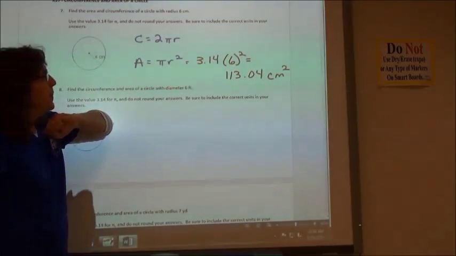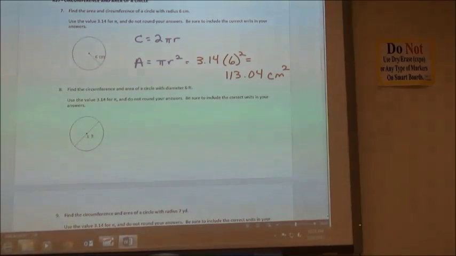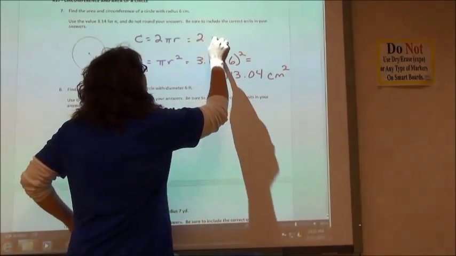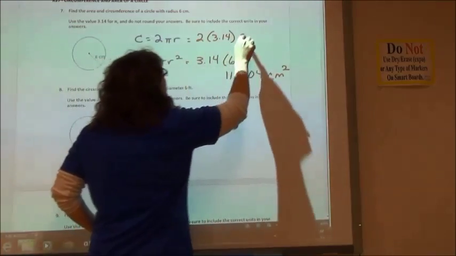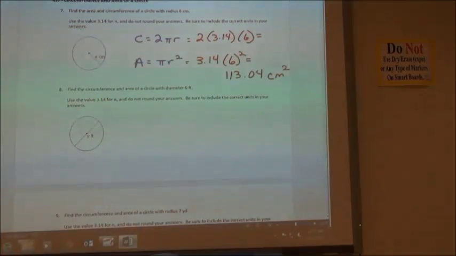So what's the top one? The top one we're going to do now, because it said to do the circumference second. I probably should have written them the other way. For circumference, I'm going to take 2 times pi, which is 3.14, times my radius, which is 6. So if you take 2 times 3.14 times 6,